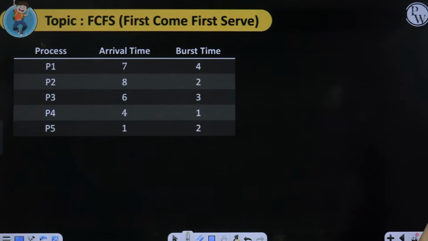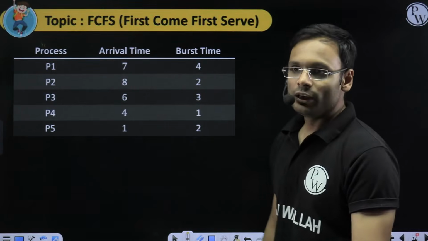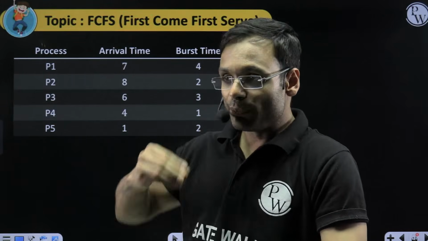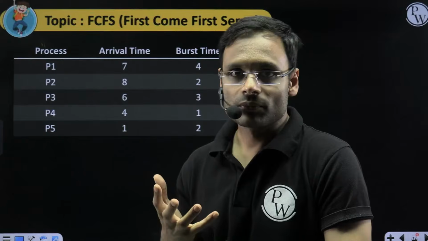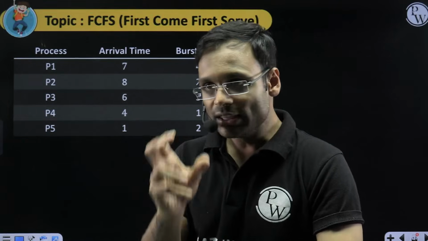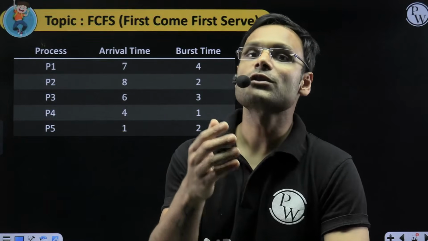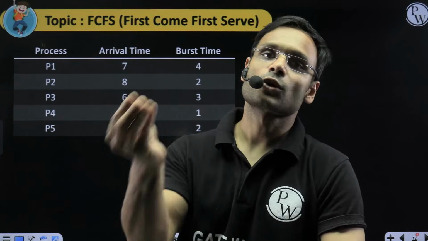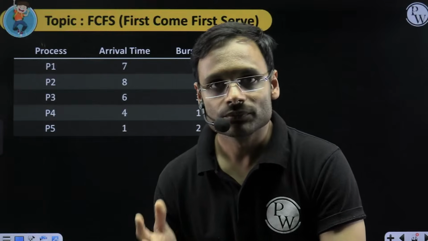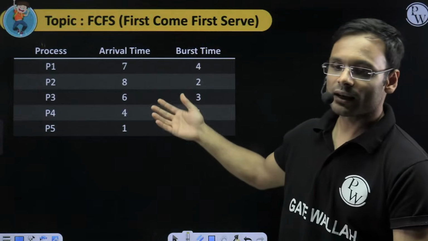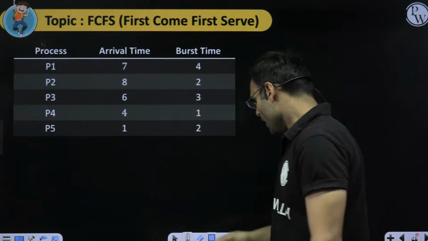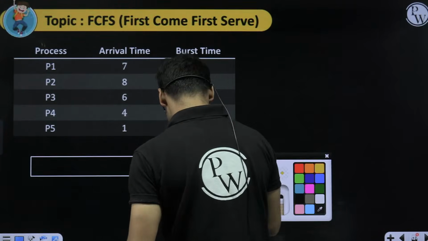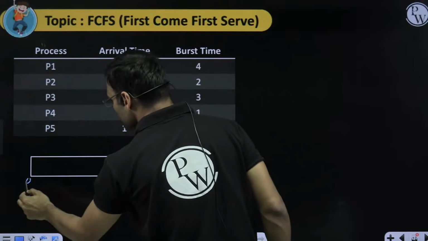But there is another issue. Another issue is what? When there is no process to run, then the CPU will be free for some time. And when in between, in the middle or somewhere, the CPU is free for some time, then that particular time is called CPU idle time. And that particular time can occur in such kind of a question. Look at this. What happens? The Gantt chart starts from 0, but at time 0,